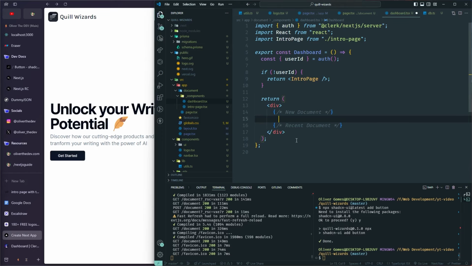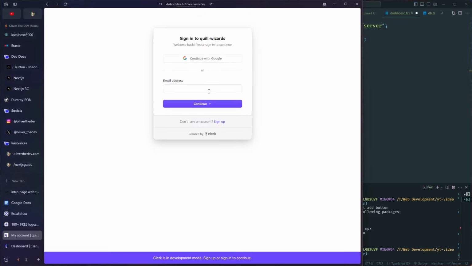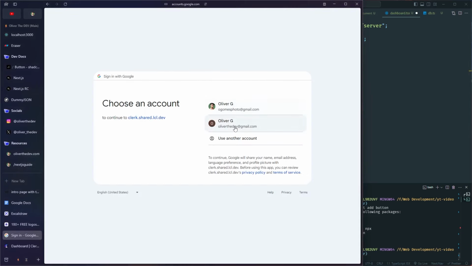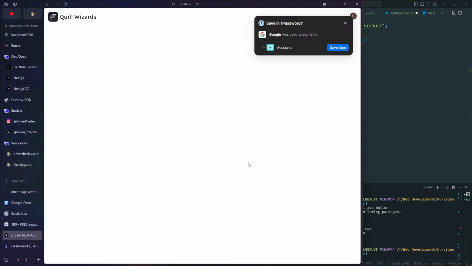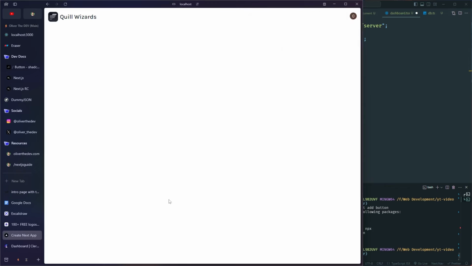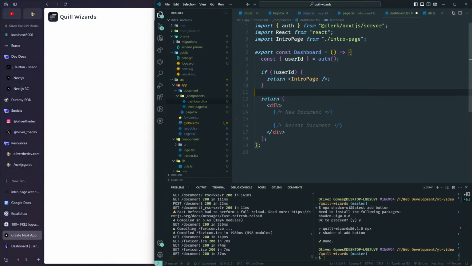secure. So let's start building a new document component that's going to help us create the new documents, and then we can start playing around with the database so that we can create a new document in the database. The first thing, in this component, I'm going to create another file called new document